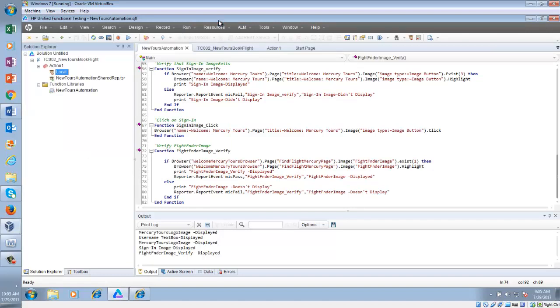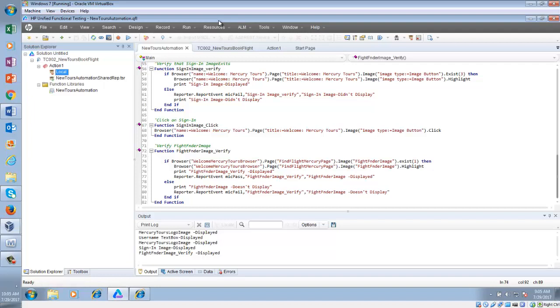Now let's say 5 people are working in a team, and let's say me, Munir, Abdul, Nabed, we are working in a team. So at that time we all will be working on automation.